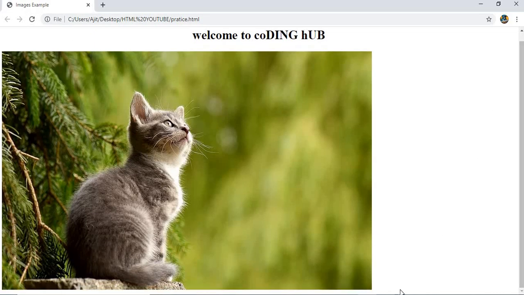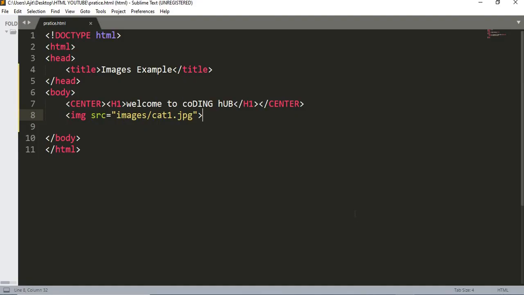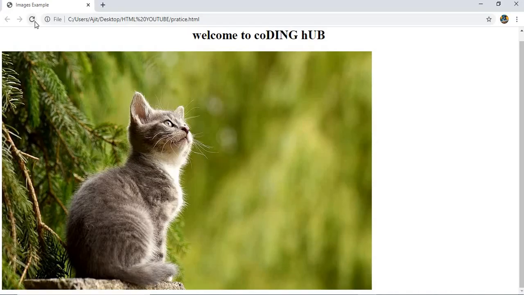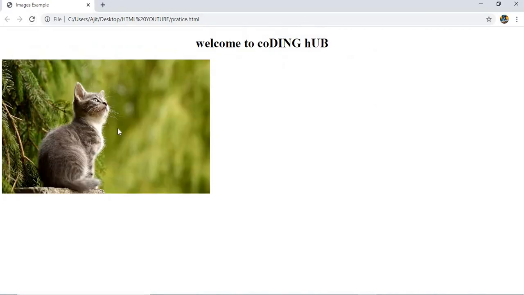We can change the size of the image. How can we do it? Yes, there is a property. You can change it by width, by taking the width 40%. According to your wish you can take, and height, you can take the height. I can choose as 50. Just Ctrl S and check it. Yes, we are getting the image of a cat.